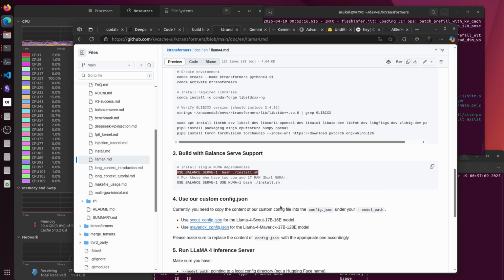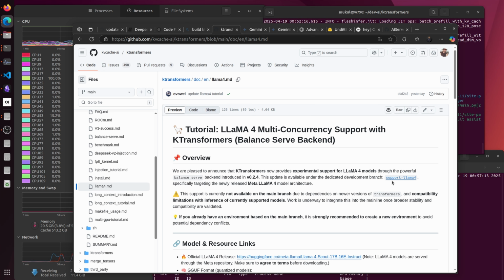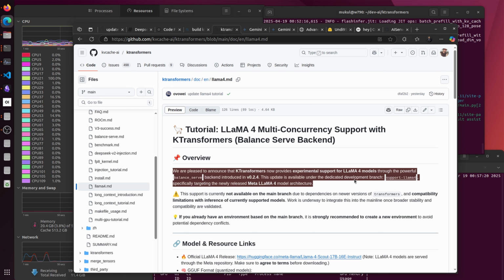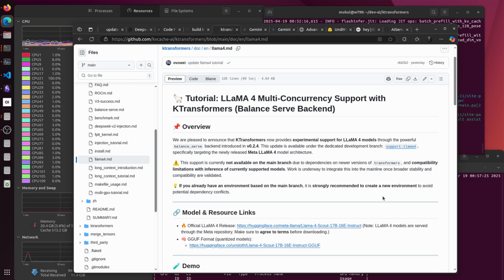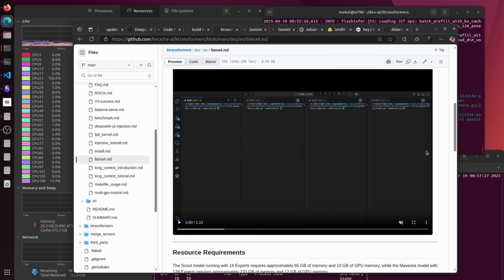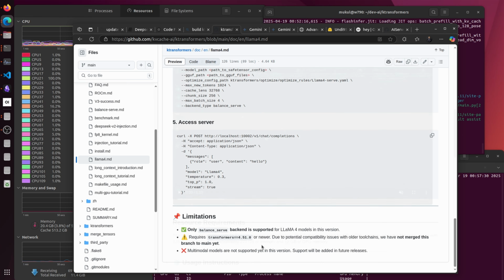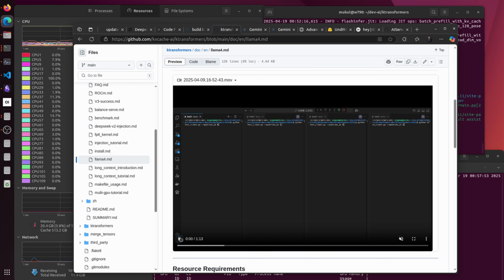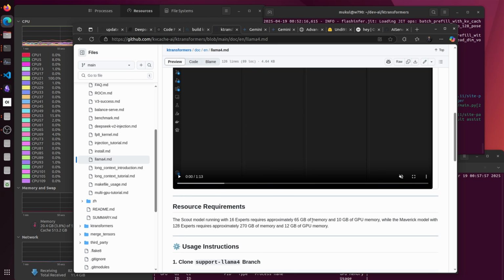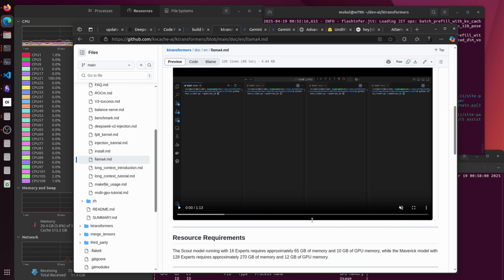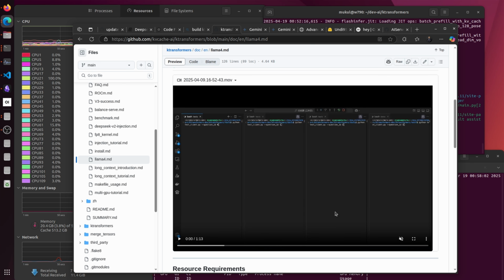Second, the experimental branch status hasn't been removed yet. It is not yet merged to the main branch, and the potential for bugs is high on this branch. It also requires newer dependencies like Transformers 4.51.0. And no multimodal support is currently available. So this setup is text only, despite Llama 4's native multimodal